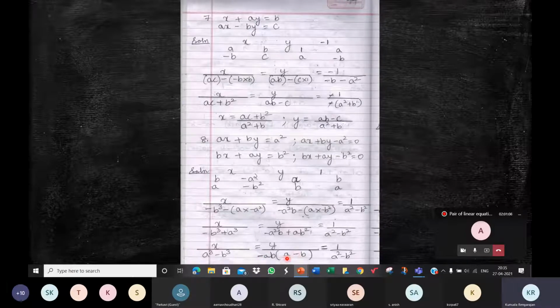So since anyways we need to get a minus b, I've already taken out the minus here, so that I can get a minus b straight away. And why should I get a minus b? Because see, I have a cube minus b cube, I have a squared minus b squared, so I wish to have a minus b, a first and then b like this. Because a cube minus b cube is a minus b into a squared plus ab plus b squared. A squared minus b squared is a minus b into a plus b. You have an a minus b here, you have an a minus b here, so you want this also to be a minus b.